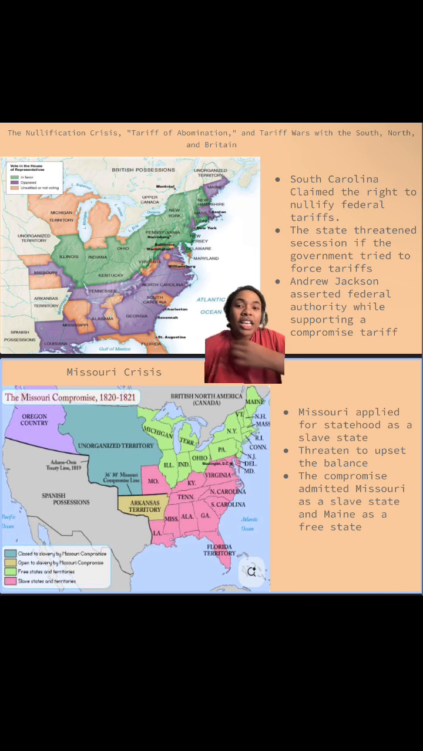During the nullification crisis, the Tariff of Abominations, South Carolina claimed the right to nullify federal tariffs. The state threatened secession if the government tried to force tariffs. Ultimately, Andrew Jackson asserted federal authority while supporting a compromise tariff. This map outlines by color coordination those in favor, opposed, and not voting. We can see the states that were opposed to it and the ones that wanted it. I thought that was a good little